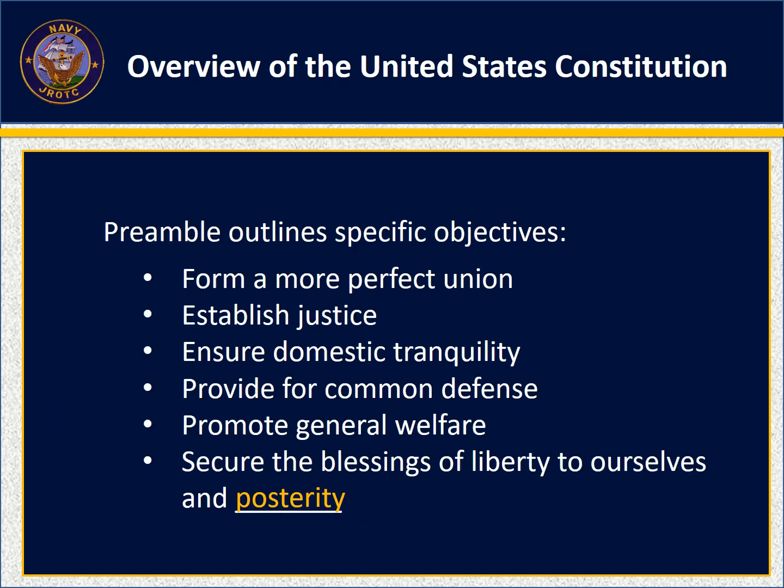Okay. The preamble outlines specific objectives to form a more perfect union. In other words, we didn't like the Articles of Confederation, so we decided to make it better. So we want to make a more perfect union. We want to establish justice, ensure domestic tranquility or peace. We want domestic peace. Provide for common defense. Prior to that, we didn't with the states, and the states all had to be unanimous if they were going to go to war, and that didn't work well at all, because if it didn't meet the needs of the state involved, they weren't going to go to war over it.